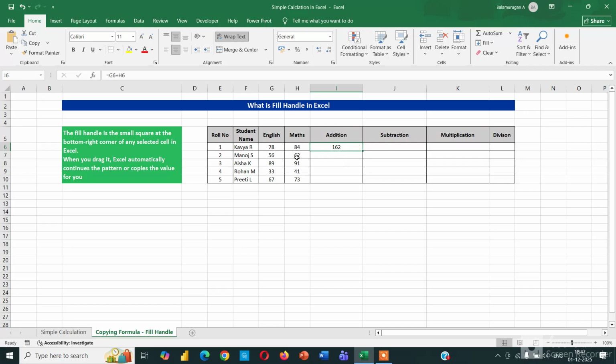Now tell me, if I want to calculate Manoj's score, that is, I'm adding Manoj's score, that is English and mathematics, should I write the formula again? No, you don't have to write the formula. What you can do is keep the cursor in I6,